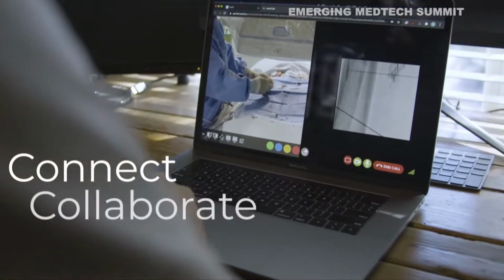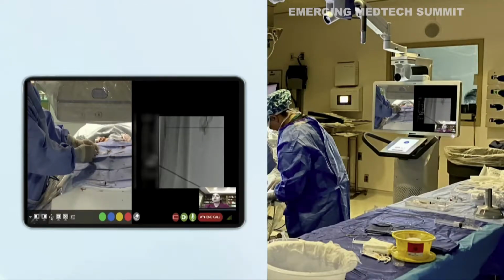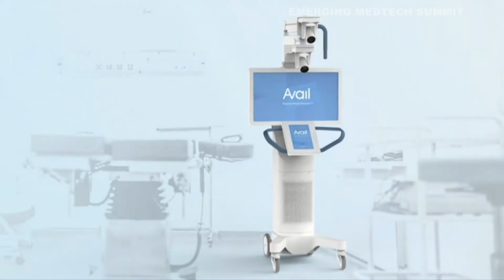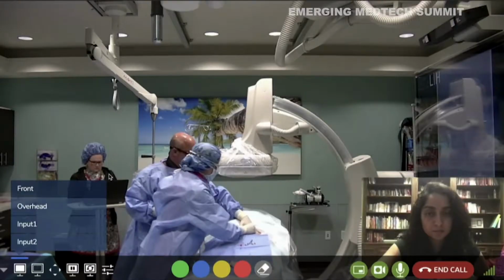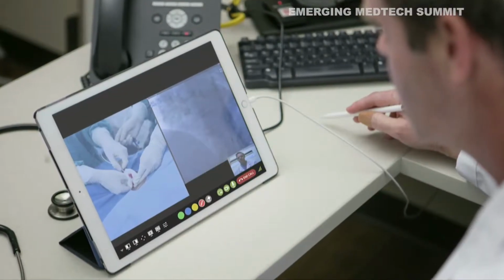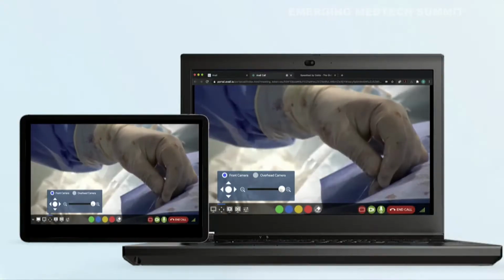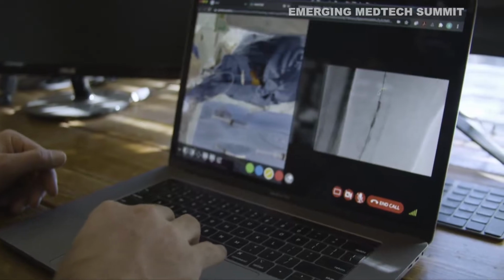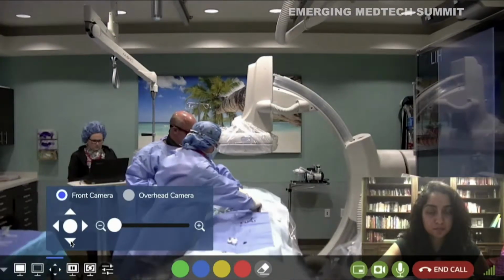Connect, collaborate, be a part of the procedure. Introducing procedural telemedicine, pioneered by Avail, a purpose-built hardware-software platform that connects a network of physicians and medical device industry experts to enable interactive, real-time collaboration during procedures. A remote physician, medical expert, or medical device representative answers a call from a treating physician on their laptop or iPad, and instantly they're in the procedure, able to control cameras and imaging views from the Avail console, switch between